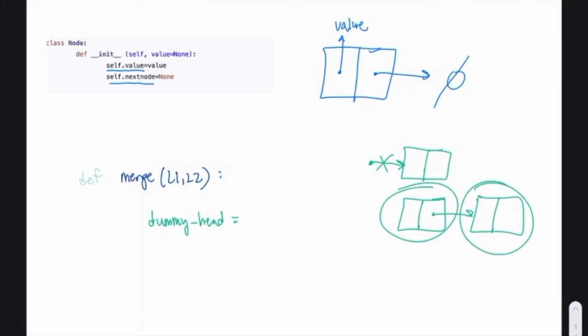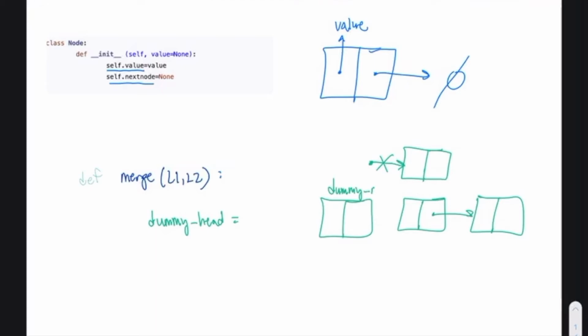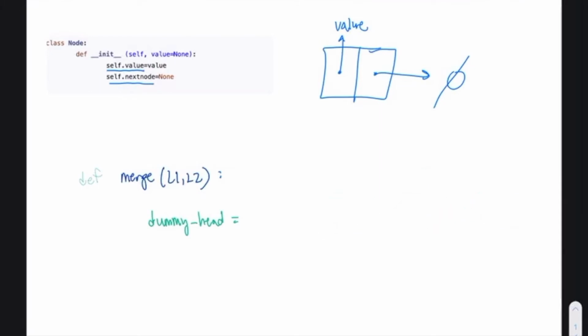So in order to avoid having an additional if statement dealing with a head node, we can create a dummy node like so. Dummy node, I'm going to call it dummy head, where it makes the head node a body node because there's now an arrow that points to it. So it's just a way to simplify our code and make it a lot easier to deal with every single situation possible. So head node, or dummy head, is going to be equal to an iterator variable called cur,